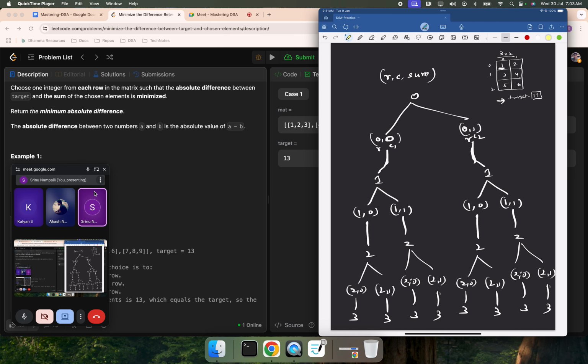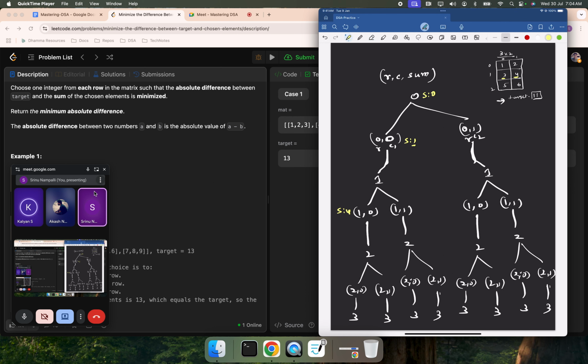So now let's understand. Initially I am at zeroth row and with zero sum. Okay, this is sum. So here my sum is 0. Now let's come here. So once I choose an 1 here, row 0 0 means this one. So if I choose an 1 here, the sum becomes 1 here. Now when you come down, then you can choose 1 0. If you choose 1 0, sum becomes 4. If you choose 1 1, sum becomes 4 plus the parent one, which is going to be 5. Hope you are following me, right,